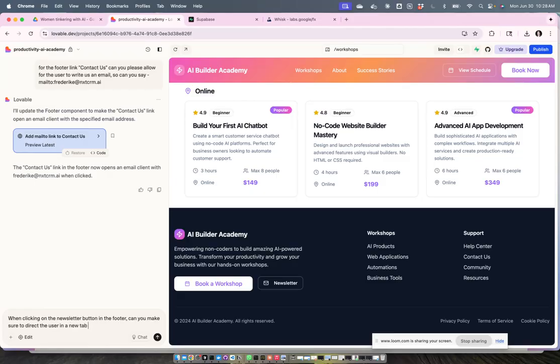Tab is good because otherwise they get out of your website in the same tab and you don't want that. So ideally you just say in a new tab and redirect them to